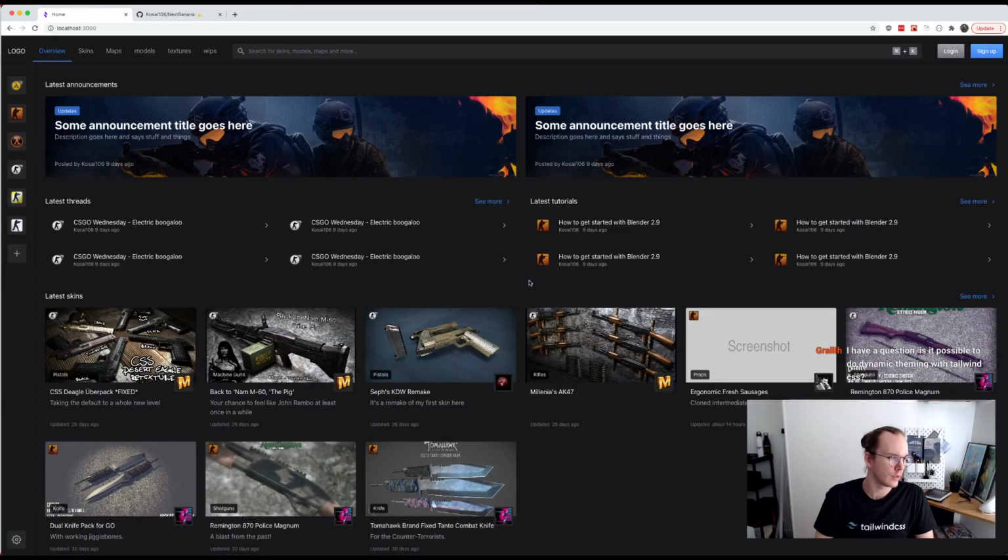Is it possible to do dynamic theming with Tailwind CSS? Yes, it totally is. And I'm planning on doing a video on this. I'm probably going to be recording that either tonight or tomorrow. But it's totally possible. I realized there's a very simple way of doing it using CSS variables, which is what